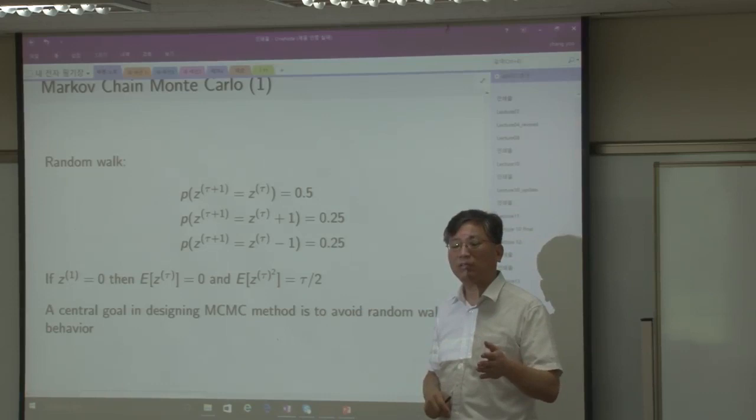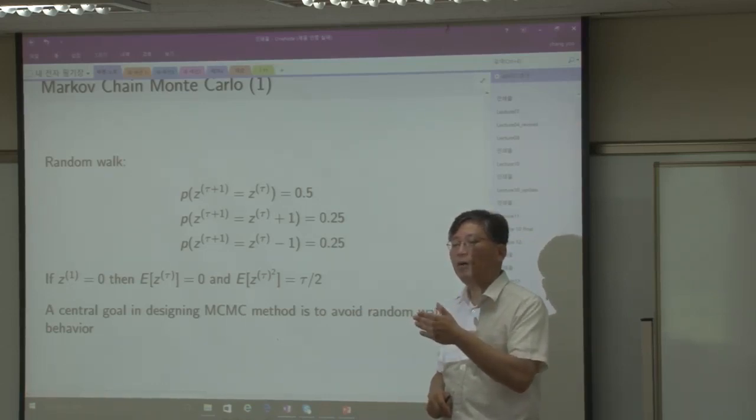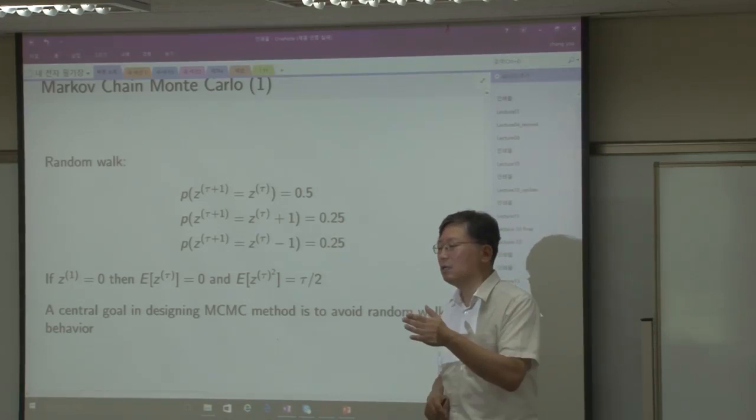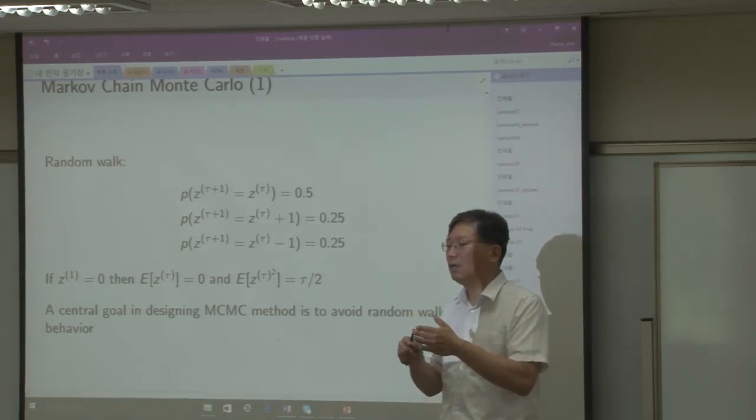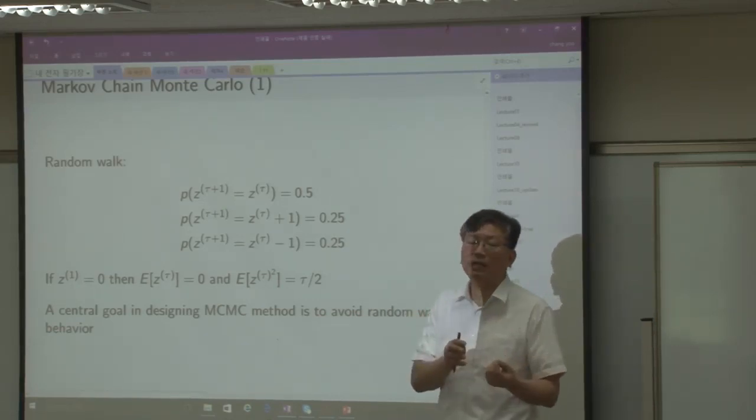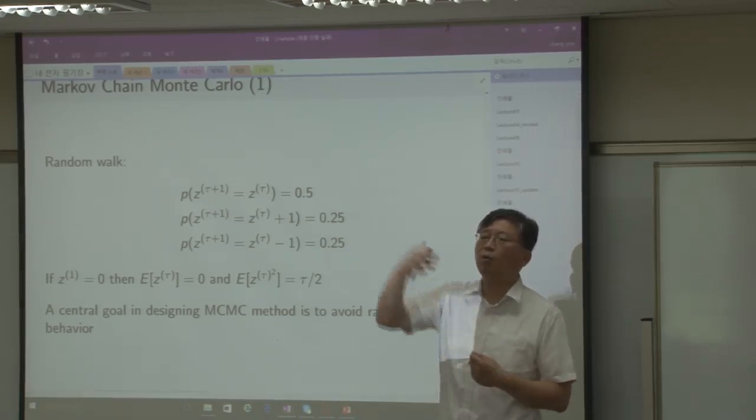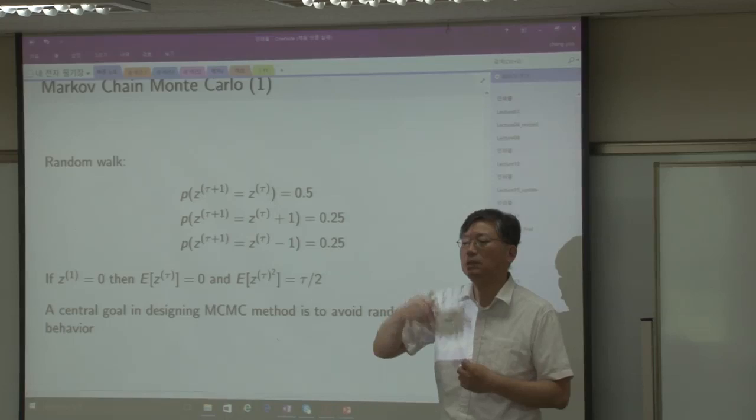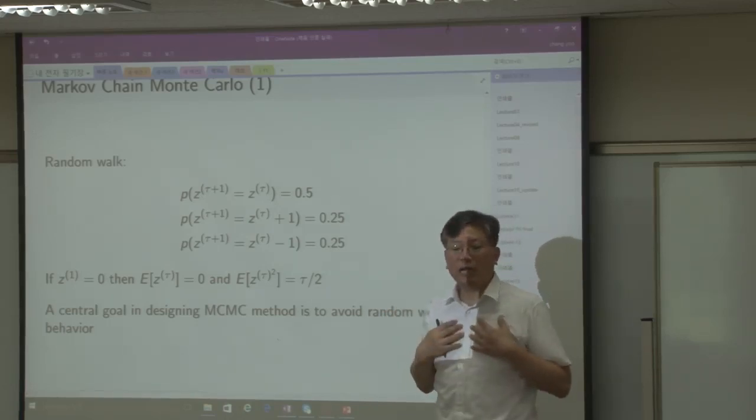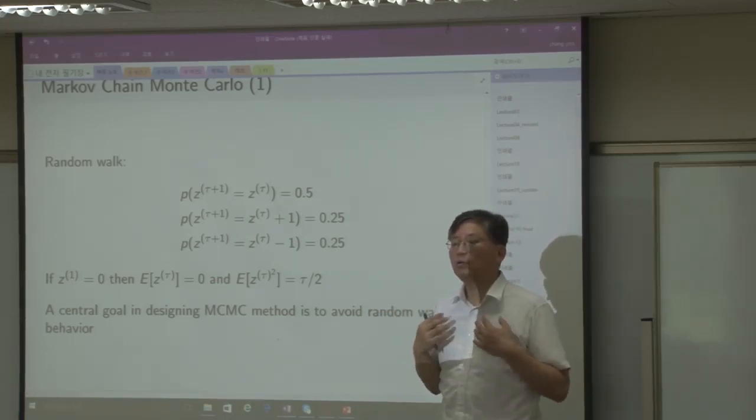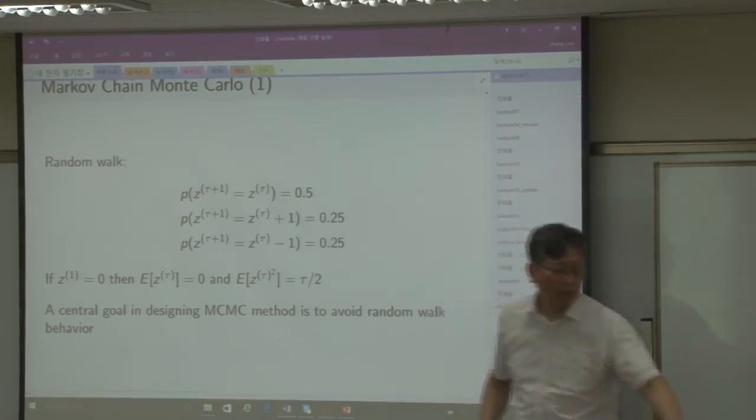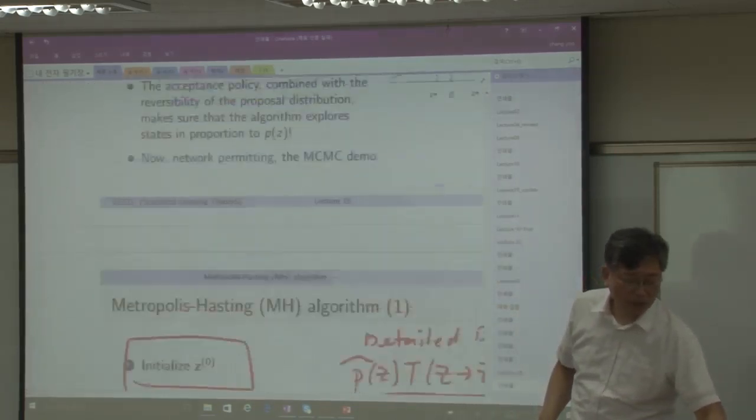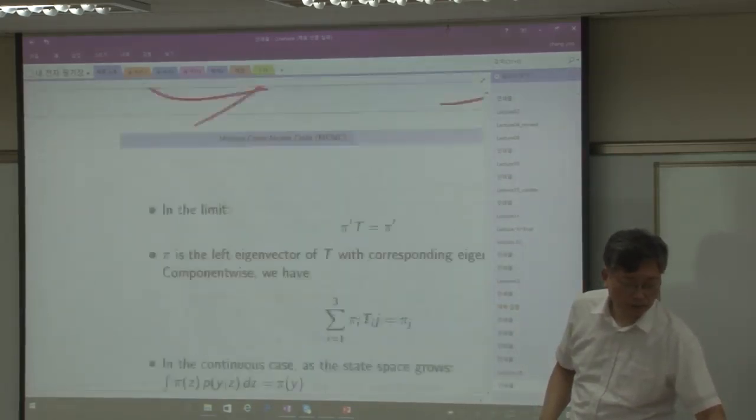But I should also say that the samples here are dependent. Okay? They're from the Markov chain, each dependent on the previous one. Whereas in rejection sampling, the samples were all independent. So what we would like is independence. So, going back to this example here,